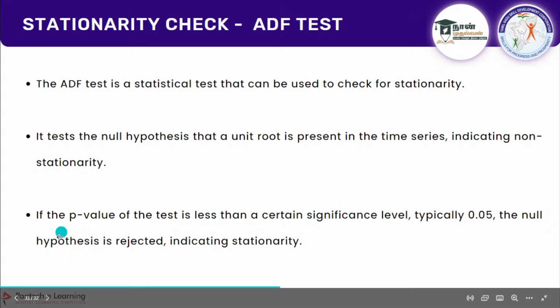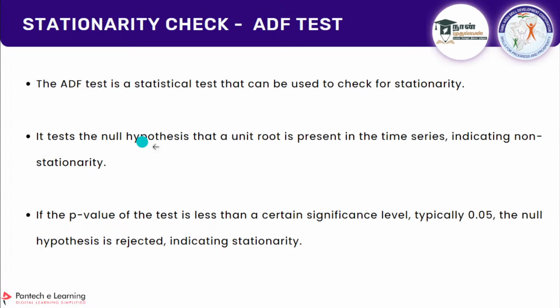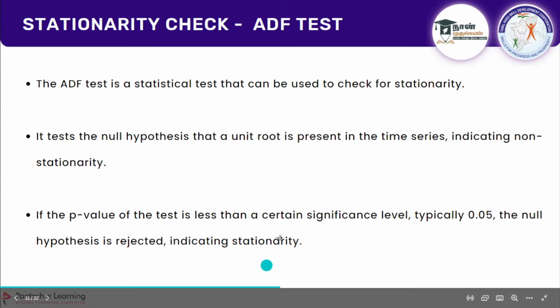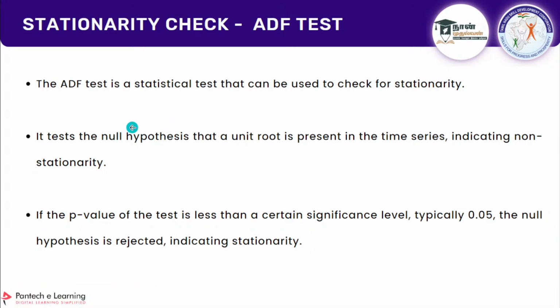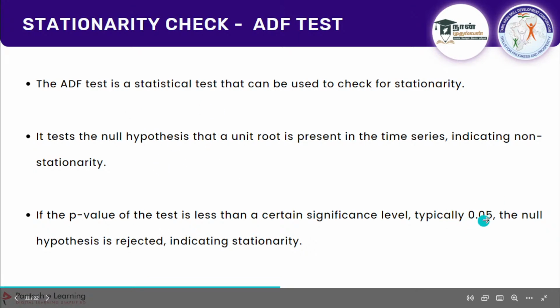This hypothesis is telling that it is a non-stationary one. If this hypothesis failed, then your data is stationary. The null hypothesis is telling your data is non-stationary. If you say this hypothesis is false, then your data is actually stationary, right? The opposite one. So how will you reject this null hypothesis? If your p-value is actually